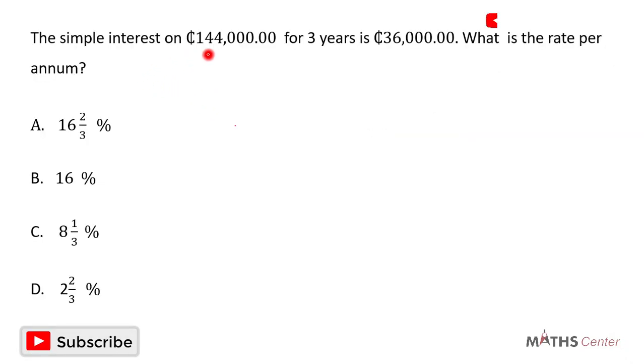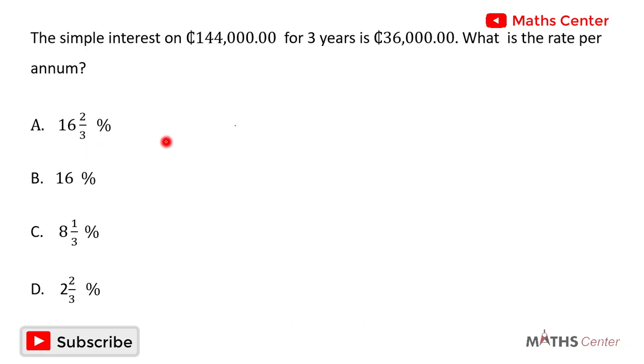The simple interest on 144,000 cedis for 3 years is 36,000 cedis. What is the rate per annum? This is a multiple choice question, and so you solve the question, and then after that you pick the correct